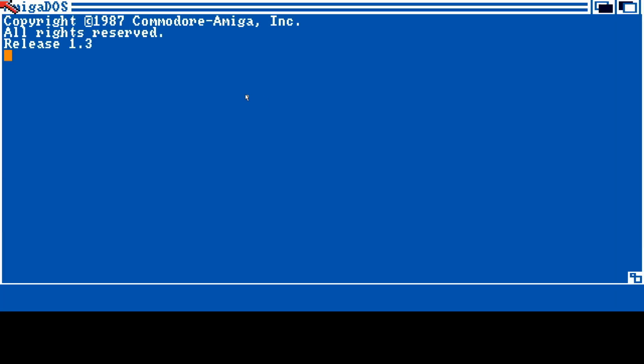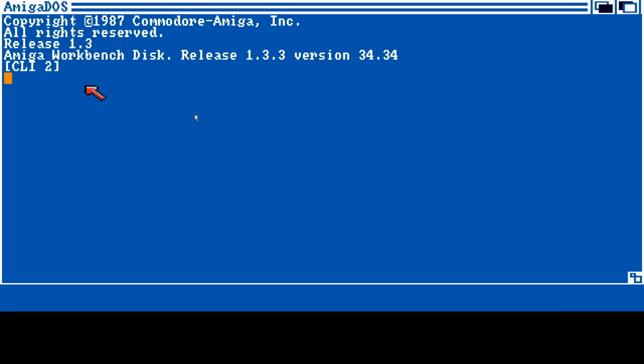It simulates the actual starting, where it simulates the floppy drive starting up. And it's really interesting. So here's Workbench release 1.3 on the Amiga 2000, and you can see it takes a long time to start up. It's got the original command line interface 2,